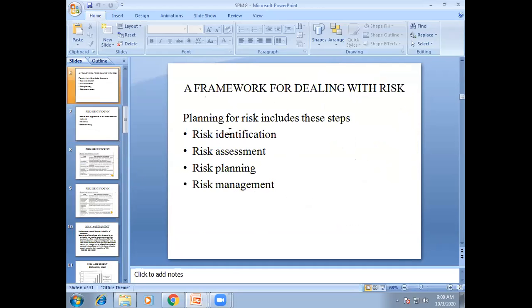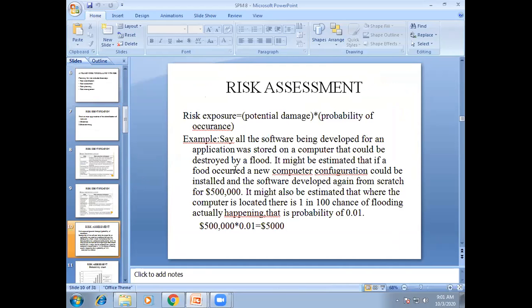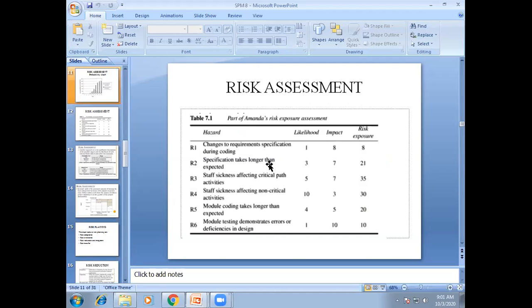Yesterday we also discussed planning for risk: the steps are risk identification, risk assessment, risk planning, and risk management. Risk identification uses checklists and brainstorming. For risk assessment, we use the risk exposure formula, and we have to calculate the risk assessment.